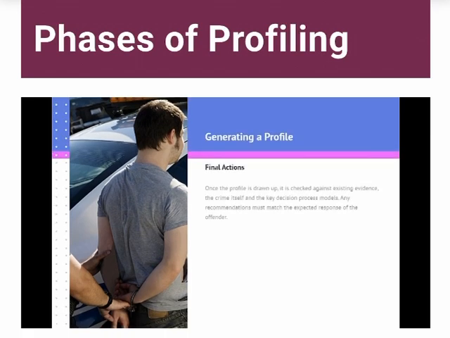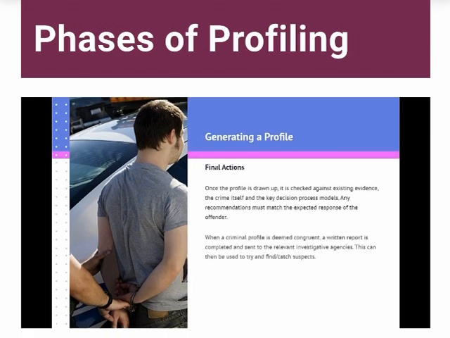Final actions. Once the profile is drawn up, it is checked against existing evidence, the crime itself and the key decision process models. Any recommendations must match the expected response of the offender. When a criminal profile is deemed congruent, a written report is completed and sent to the relevant investigative agencies. This can